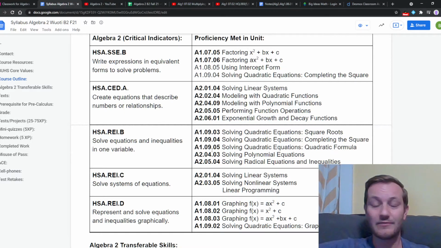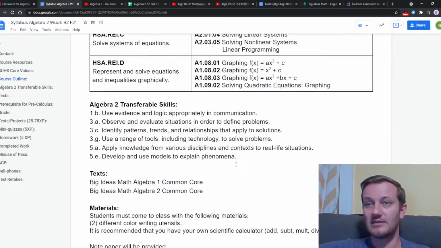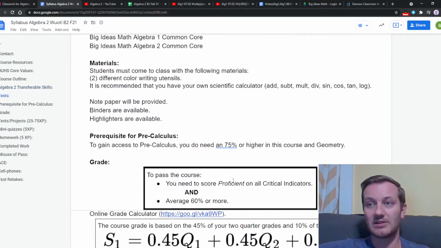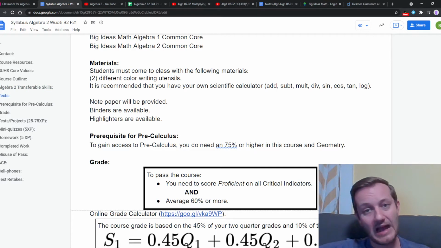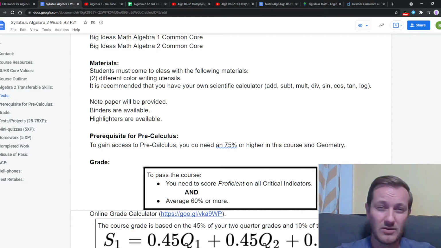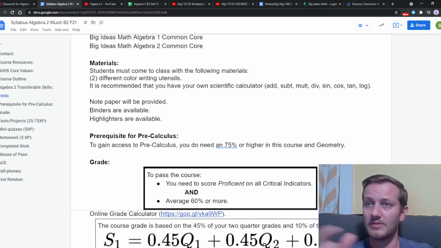And they are met in different locations in our textbook. And so I have those indicated here, and you get the idea. Transferable skills, 2 textbooks, right? Come to class prepared, right? Writing utensil, notes. As much as possible, I'm going to have printed out for you, and in fact, I've already got the first couple weeks printed. Although, who knows? I might swap things around a little bit and maybe swap out some other things.